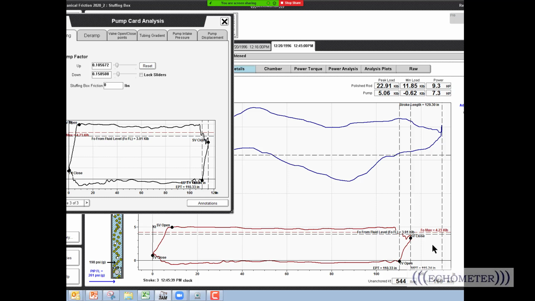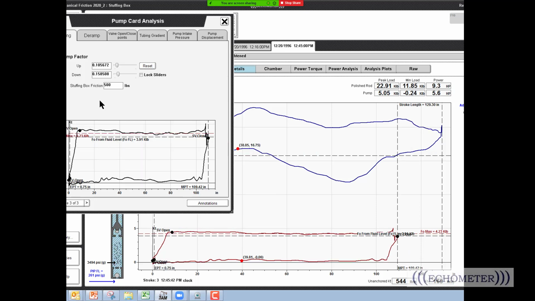When we went into pump card analysis and hit the reset button, that gives you the damping factor on the upstroke and the downstroke based on normal fluid viscosities and assuming a vertical well. And then we have this stuffing box friction in the TAM software, and it is around 500 pounds. Ken had a calibrated crescent wrench. He put exactly, that's kind of a joke, 500 pounds of stuffing box friction, and that makes this pump card look a lot like the one